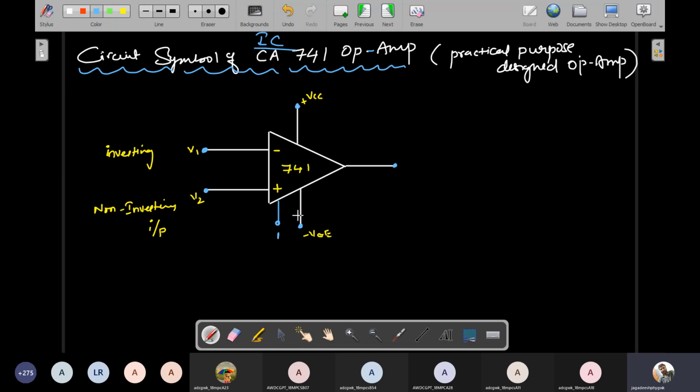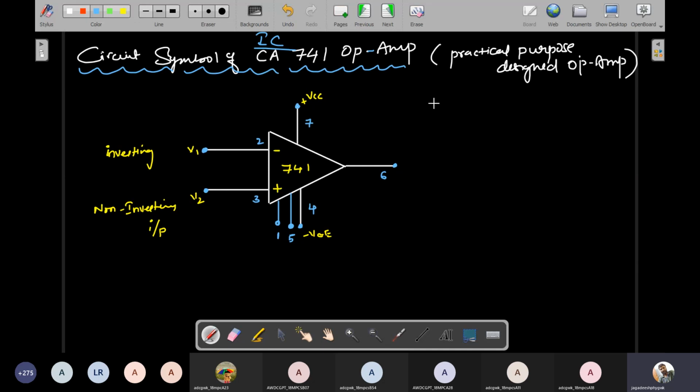Okay, and this pin 1 and pin 5 is also there, only pin 5. So additionally they have two pins. This pin is the fifth pin. Okay, and this is the fourth pin and this is the seventh pin. And this is the sixth pin and this is the second pin and this is the third pin. See, 1 2 3 4 5 6 7.